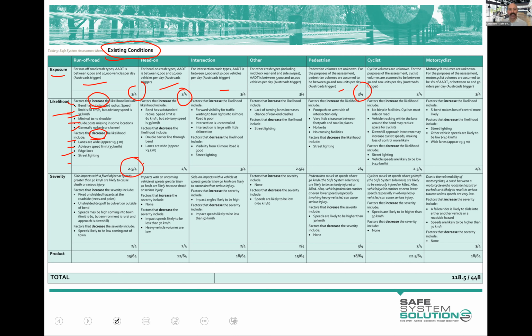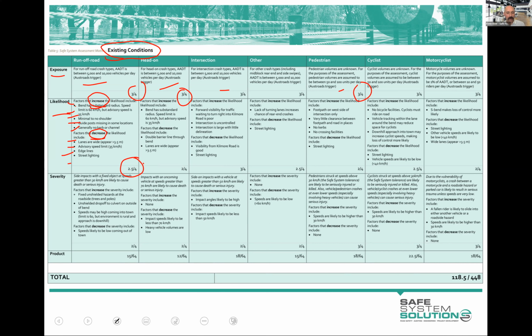Now, that brings up an important point. The reason we put a 0.5 in there is to remind me to talk about this. You saw the scores were between 0 and 4, and the scoring reference sheet was 1, 2, 3, 4. There was no 0.5. There were no decimal places. When we were in the working group for the Austroads project, developing the Safe System Assessment Framework and numbers were put up, a few of us said, we're going to give this to technical people. They are going to just run this off a cliff with